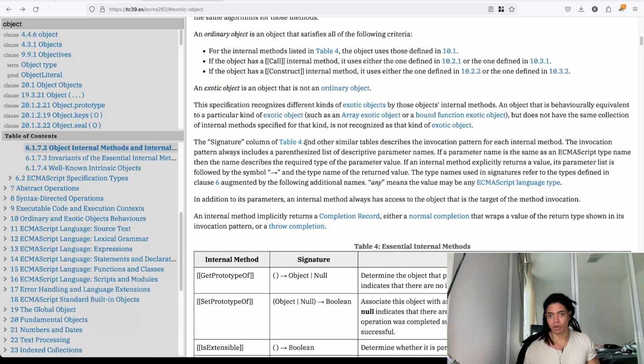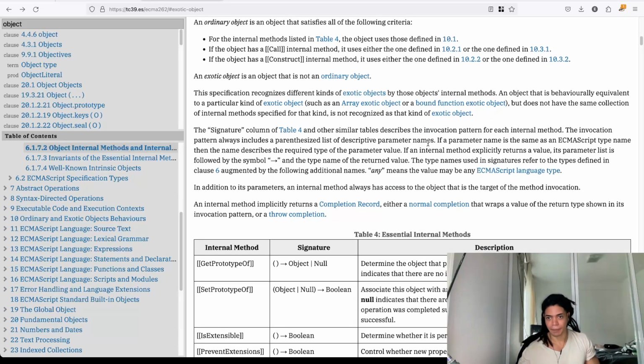The signature column of table 4 and other similar tables describe the invocation pattern for each internal method. Then the name describes the required type of